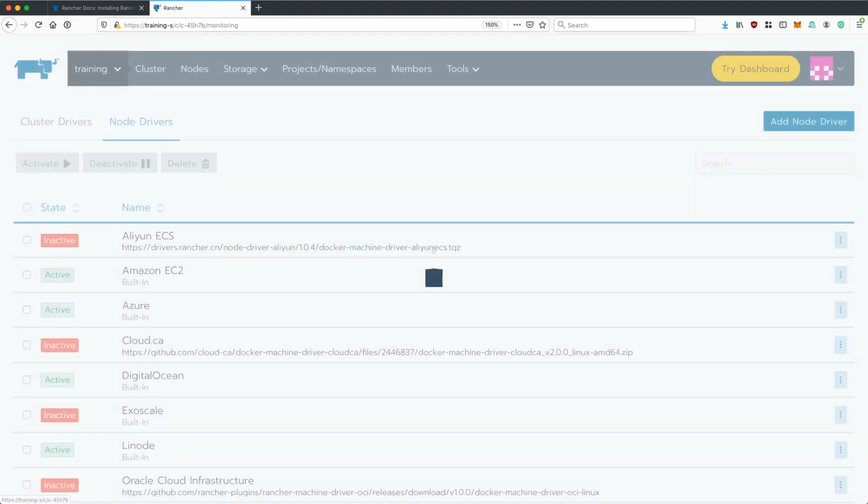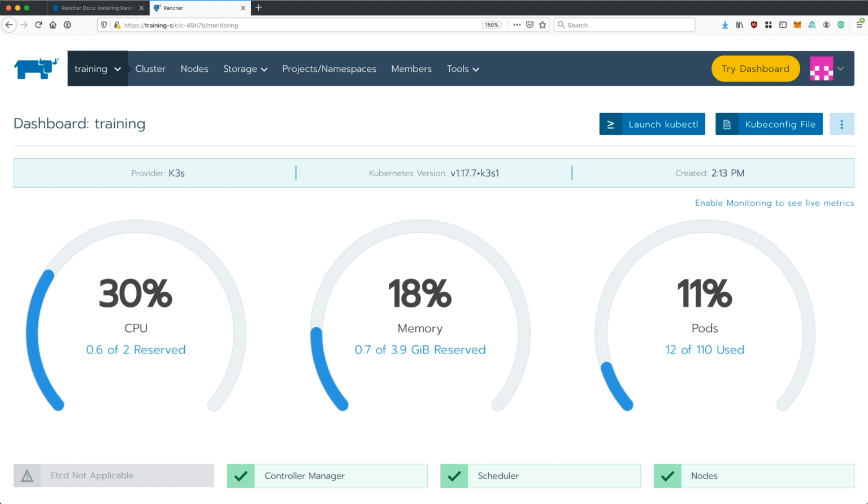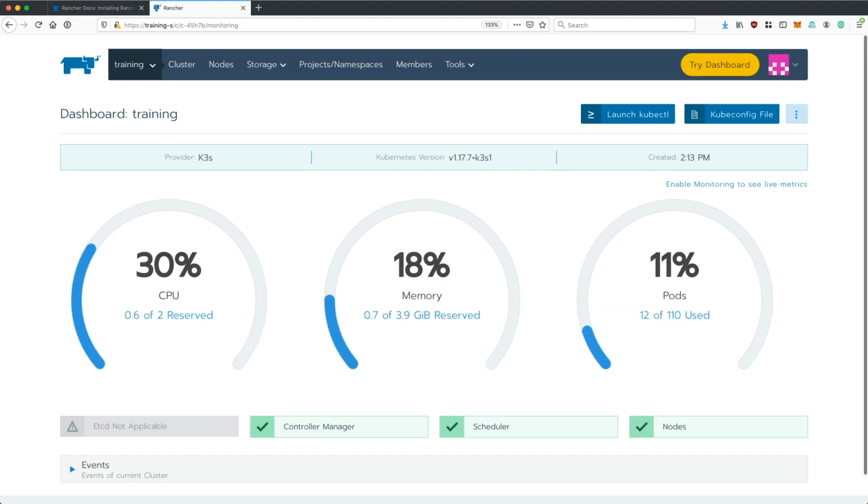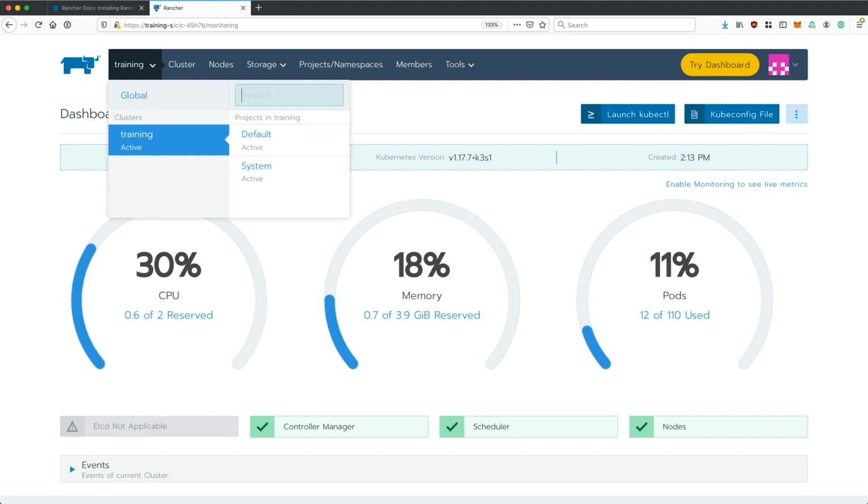All right, let's go talk to our cluster. Here we go. This is our cluster. Our cluster has two projects by default. There's the system project and the default project. Projects are something that I don't really get into in this class, but